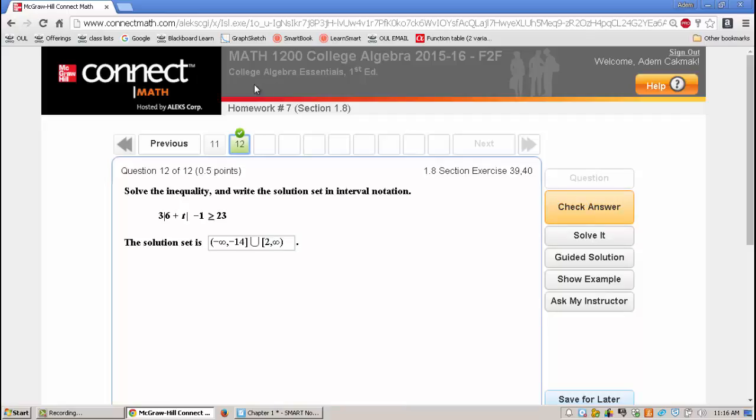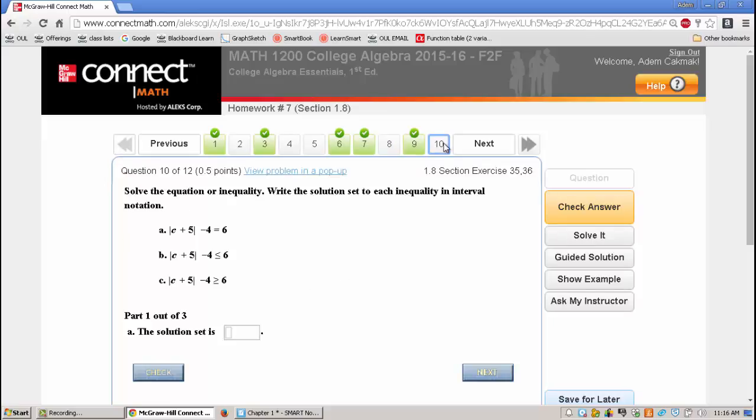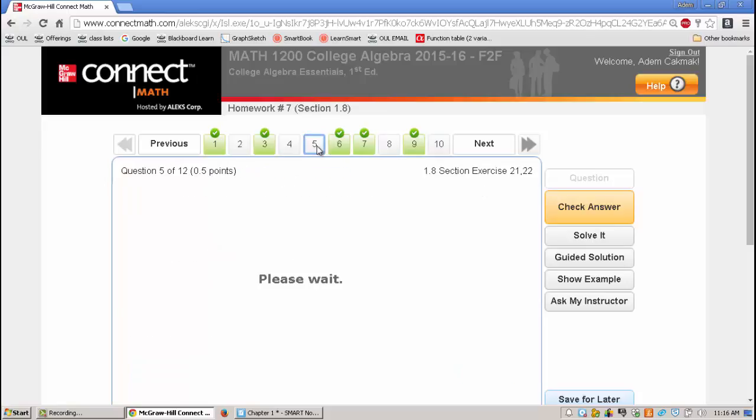That took care of homework 7, and section 1.8 is over. The ones that we didn't touch are very similar. You need to again mark the location of the absolute value and get it all by itself alone. So you need to move this minus 4 from the left side, cancel it first, then apply the table, and again get absolute value on its own and use the first, earlier table, because this is an equality, not